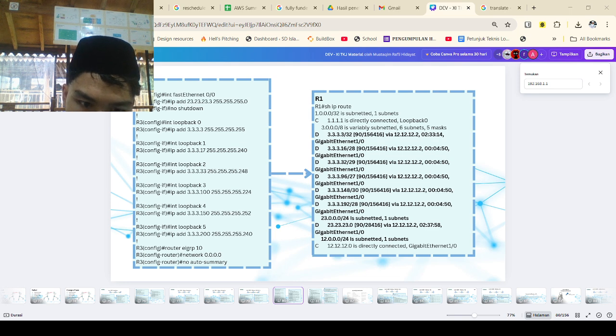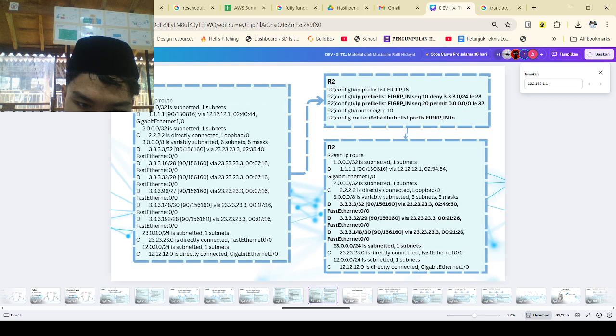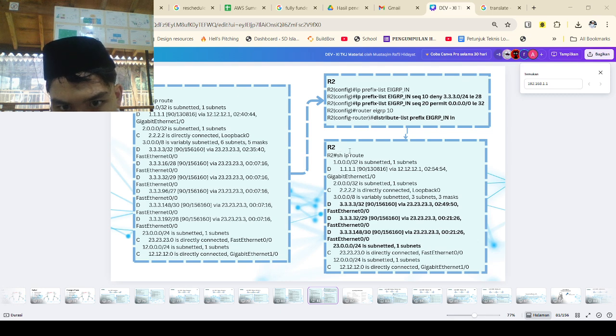So next, to make it easier, use a prefix list on R2 to filter by size of subnet. So what you see, IP prefix-list EIGRP-IN, sequence 10, then 3.3.3.0/24 le 28, and so on. Before applying, R2's routing table shows many 3.3.3.x entries.